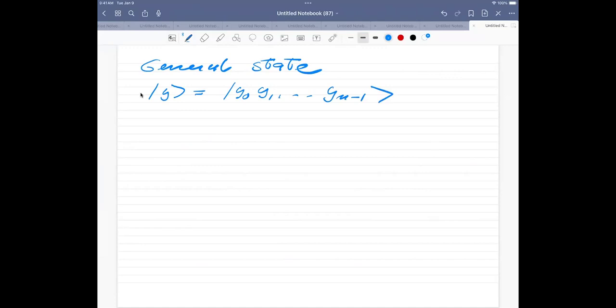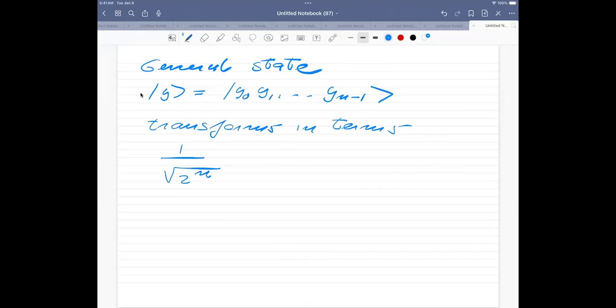So for the 2 qubit state, this could be 0, 0. For the 3 qubit states, it could be 1, 0, 0, etc. So this is the same notation which we had a little bit earlier. And what we had then is that this state transforms in terms of, let me just remind you of the equation here, 1 divided by the square root of 2 to the power of n. And then we have all these